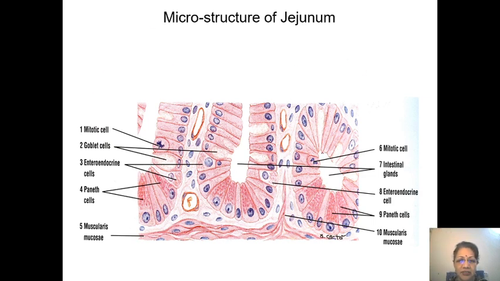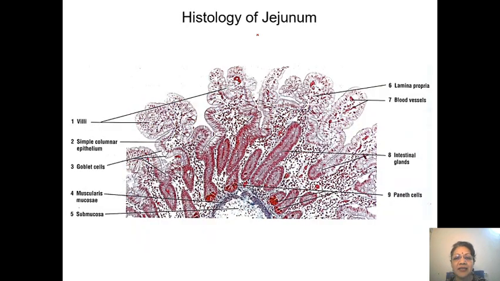So this is the deep structure. This is true not only in jejunum but also in duodenum and in ileum. The kinds of cells available: mitotic cells, goblet cells, Paneth cells, enteroendocrine cells, are all parts of the entire small intestinal lining. If you look at the histology, these villi are also looking a little broad, but they are described as thin, feathery, tall villi. The glands are there with the 4 types of cells, and simple columnar epithelium on the surface interspersed with goblet cells,